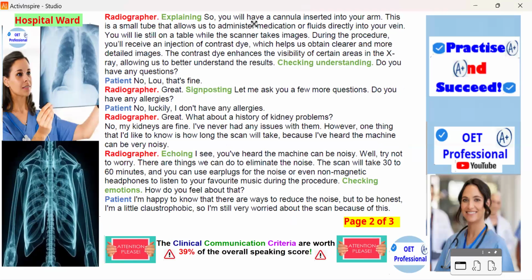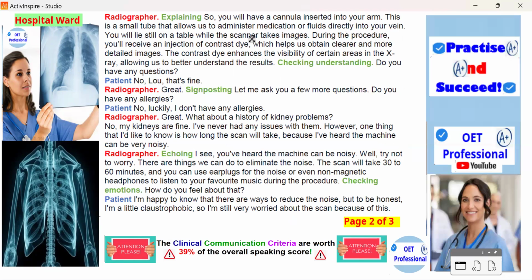So, you will have a cannula inserted into your arm. This is a small tube that allows us to administer medication or fluids directly into your vein. You will lie still on a table while the scanner takes images.